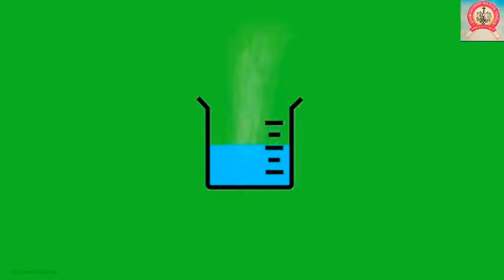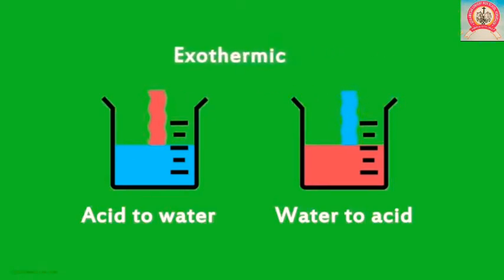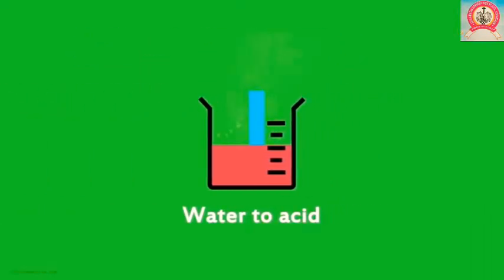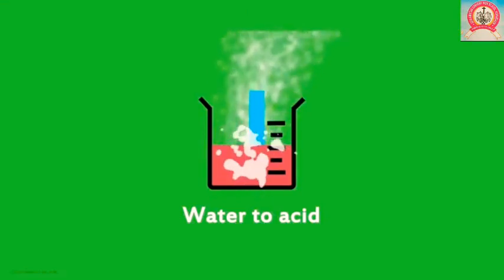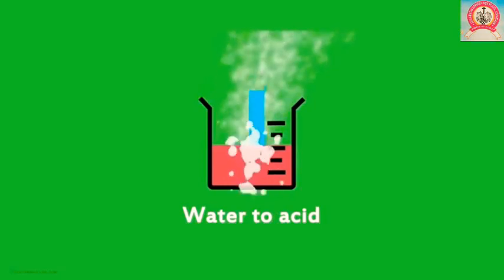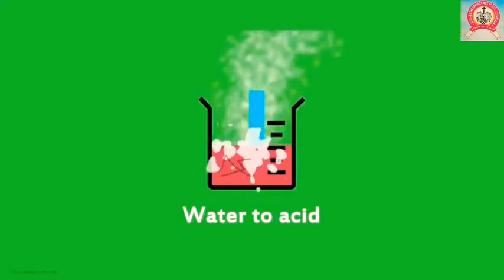Now let me ask you an interesting question. When I am mixing acid and water, should we add water to acid or acid to water? To know the answer, we should know that the process of dissolving acid or base in water is highly exothermic, which means a lot of heat is generated. If we add water to acid, the heat generated may cause the mixture to splash out, which may cause severe burns, and the glass container which contains the solution may also crack due to excessive heating.